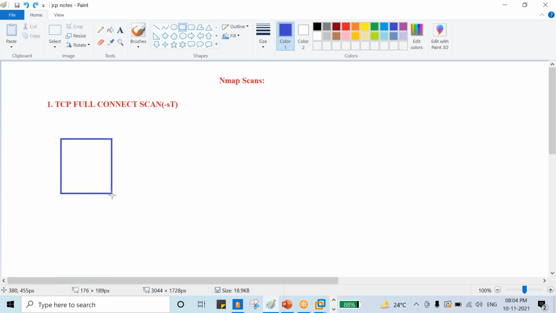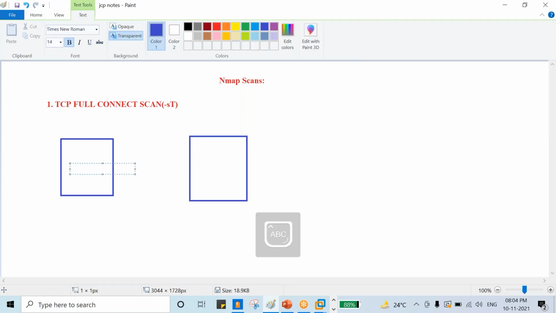Let's say there is one person, A, and another, B, or we can say a server. This is our second machine. Here A is there, here B is there.